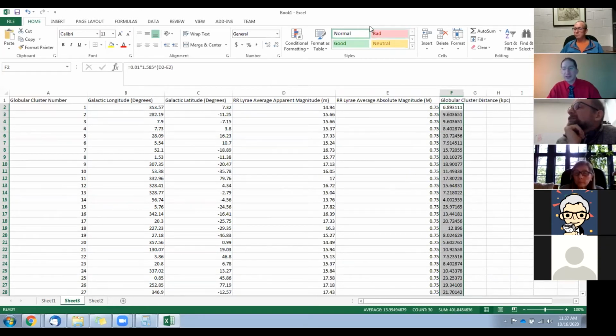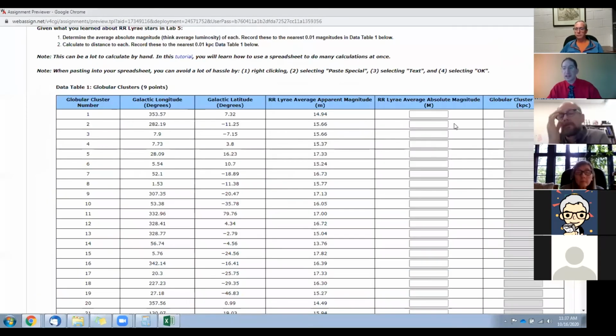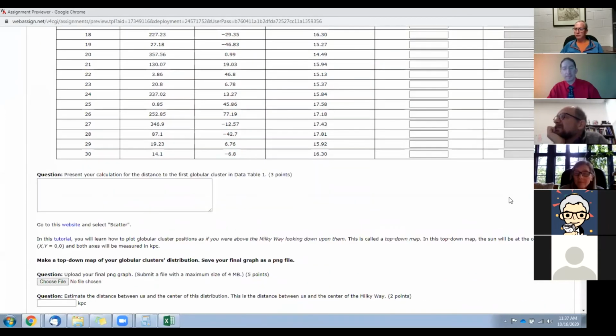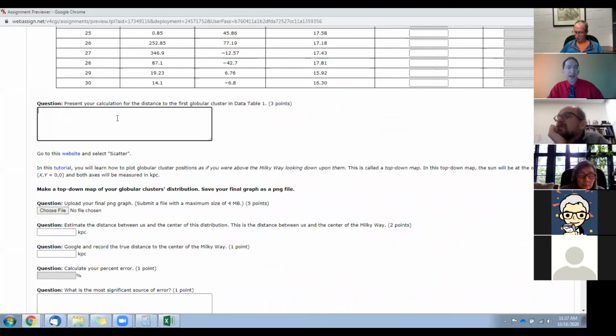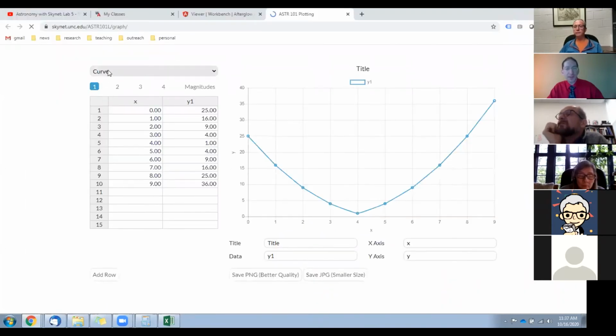And then they can enter this stuff back into, pull that out of the way for a second, into here. Unfortunately, you can't paste back into here, so there will be some typing going on. But having that in Excel, you know, saves them the calculation time, and it'll make it easy to graph it in just a second. Sample calculation, and then we're going to go to the graphing application,